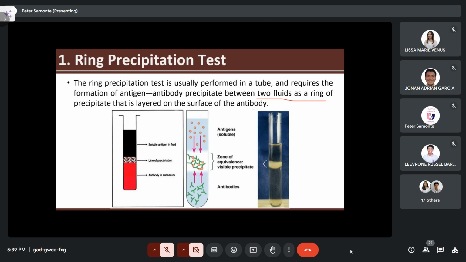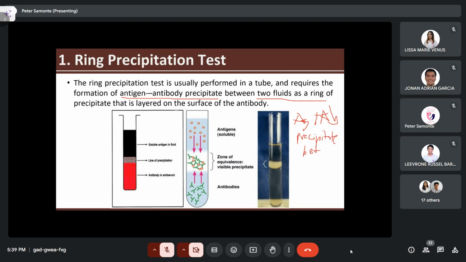If you remember your COVAX test in bacteriology, it looks like that, class. Right, in COVAX, when you drop the reagent, there would be a ring at the top. Now, in the ring precipitation test there would be the formation of an antigen-antibody precipitate. Remember that. There would be antigen-antibody precipitate